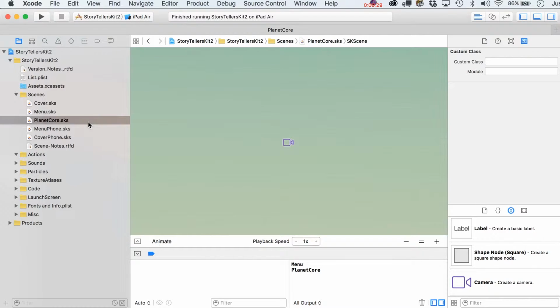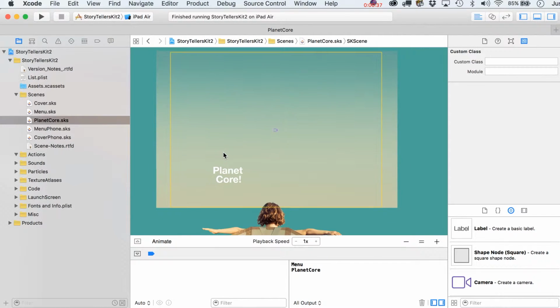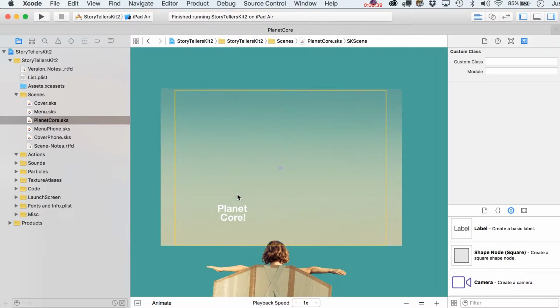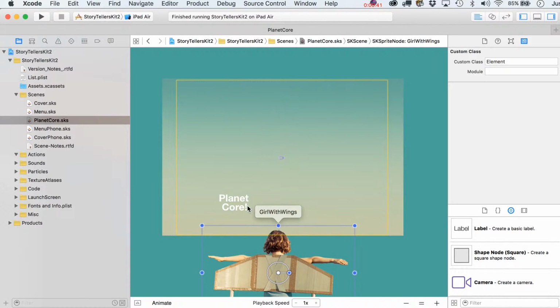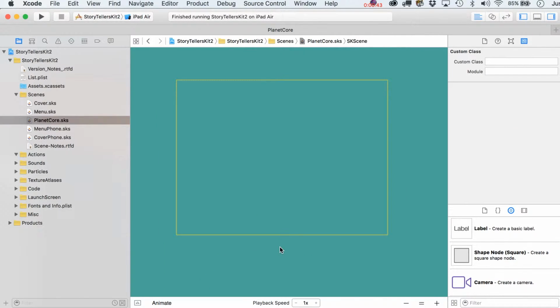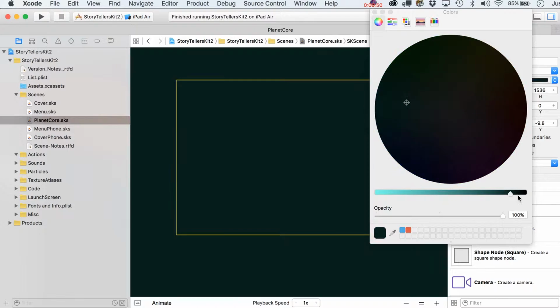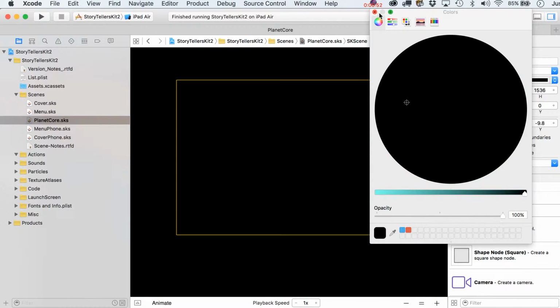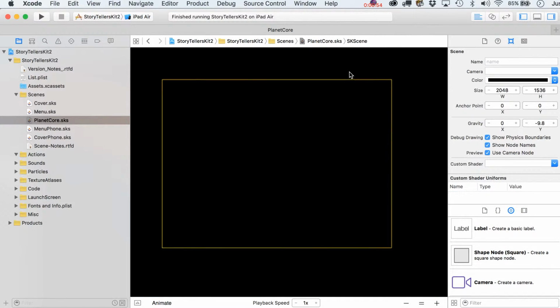And by the way, in between videos, I'll end up copying stuff for our main iPad version of the book to the iPhone one, so you guys don't have to watch me slug through that. All right, so once we've done that, let's just go ahead and delete out everything that's on here. This is going to be more of a space type page, or at least have a star background. So let's go ahead and make the scene just a nice dark black background, and then to actually get this page, we do need to go over here to our property list,